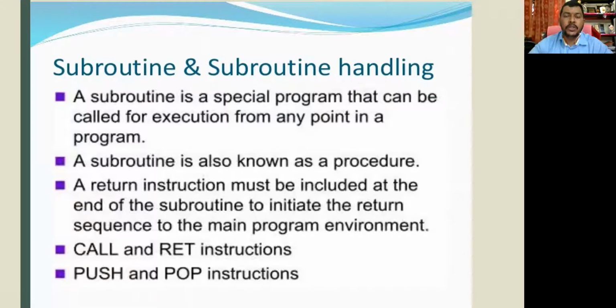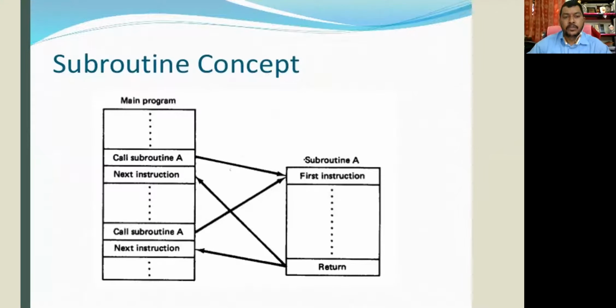Now subroutine is actually a small program which is written outside the main program, राइट? तो एक छोटा प्रोग्राम हम लोग लिखकर रख रहे हैं बाजू में, जिसकी हमको जरूरत पड़ेगी मेन प्रोग्राम में। अगर ऐसा कुछ है तो उस पर्टिकुलर प्रोग्राम को हम लोग बोलते हैं, जो छोटा सा प्रोग्राम लिखा है जो बार बार जरूरत पड़ने वाली है, उसको हम लोग बोलते हैं सब रूटीन, राइट? तो सब रूटीन को एग्जीक्यूट करना है तो हमको कॉल इंस्ट्रक्शन यूज करना पड़ता है, राइट? तो वैसा ही है सेम। तो दिस इज दैट एग्जाम्पल ऑफ दैट सब रूटीन कंसेप्ट।